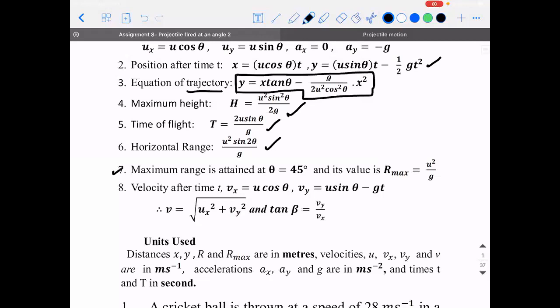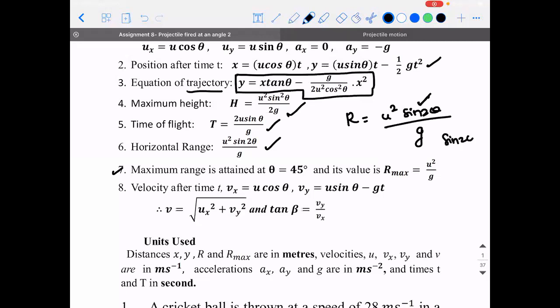Okay. So this is the point I have to explain. When will the horizontal range be maximum? So what is the formula for range? It is u square sine 2 theta divided by g. No? So here, who is the deciding factor? If the velocity is fixed, you can make the adjustments in the angle of projection such that you will be able to attain maximum range for a fixed velocity. So who will decide it? It is sine 2 theta.